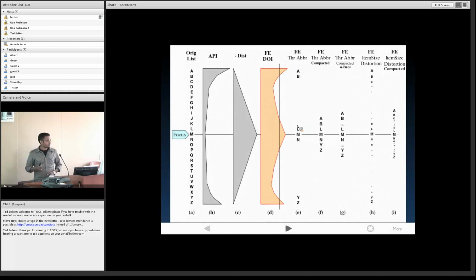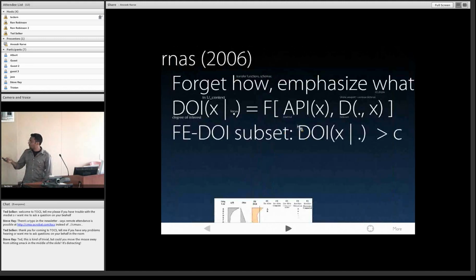Yes? Do you also think about cognitive distance? Because these perceptual things are sometimes even secondary, if somebody has a strong task orientation. Yes, that's an important question: what are we talking about when we talk about distance? Do we consider cognitive distance? And what I want to say is yes, this distance function is used in the most general way. It could be physical distance on a map. It could be semantic distance between Google search results. It's an important realization, and this formula is very powerful because it's generic, but it's also weak because it's so generic. But the idea is we can plug in any distance metric that we want here.